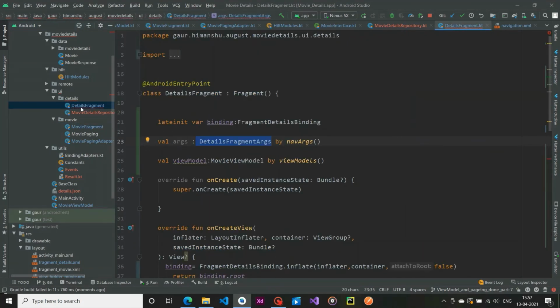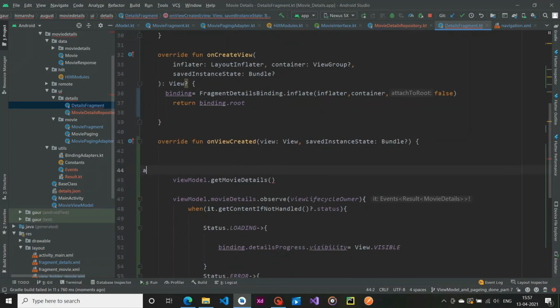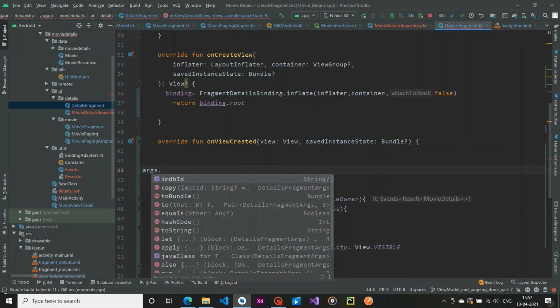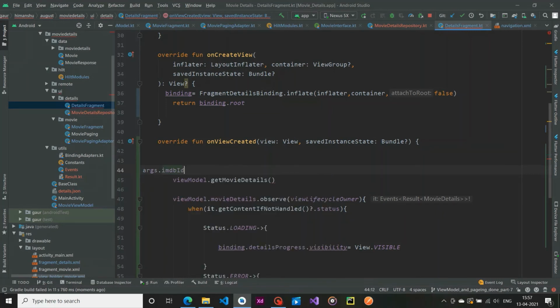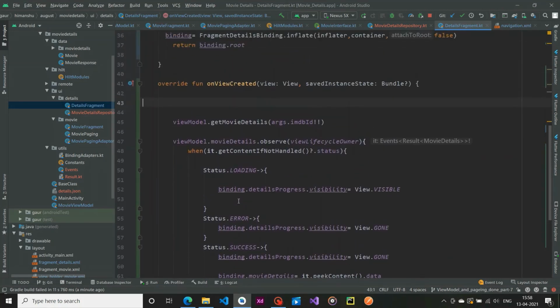So go in our details fragment, and by using this args, args dot, you can see we have our IMDb ID. So just take this IMDb ID and pass it here. I make sure that this is not null, it is my responsibility, so that is why I use these two exclamation marks.